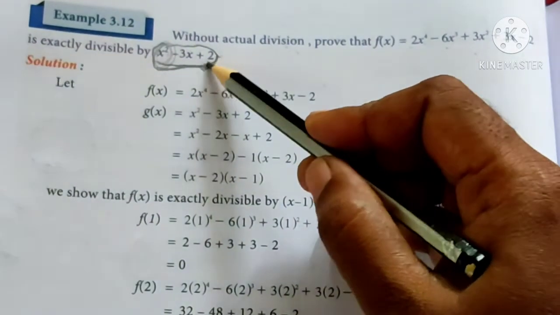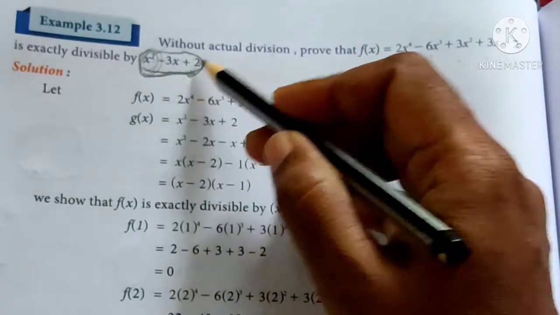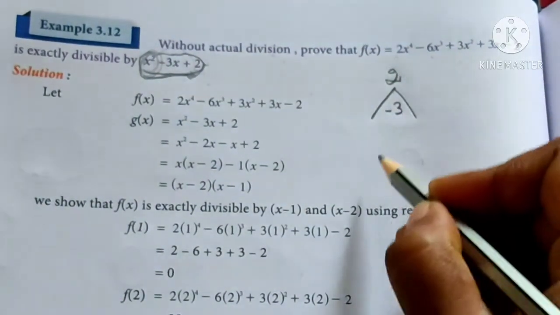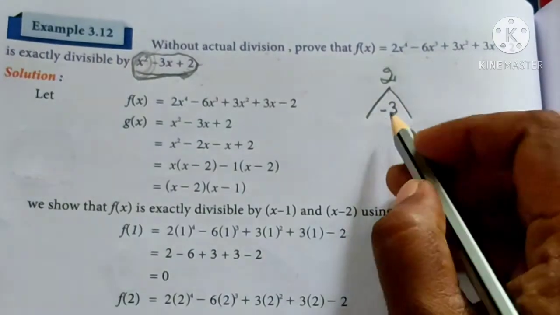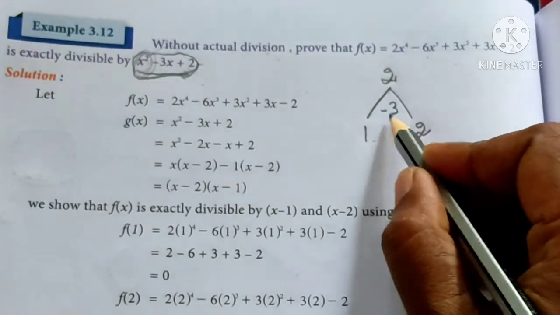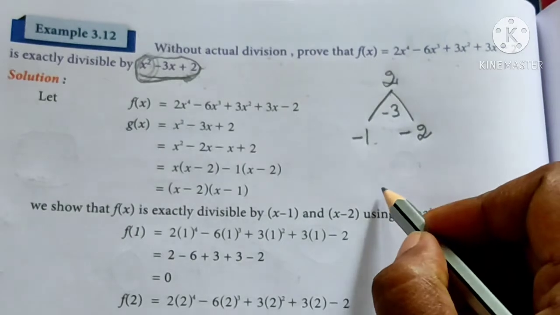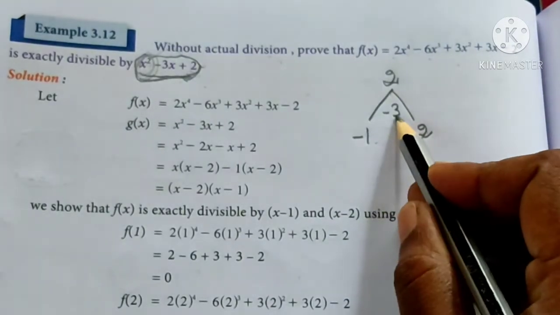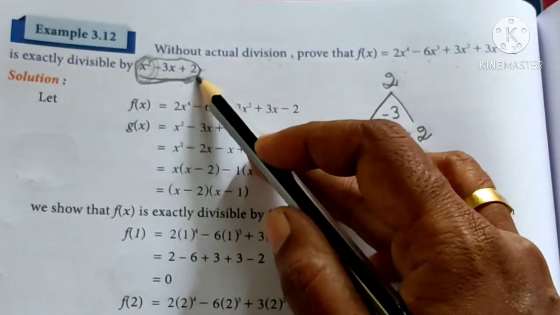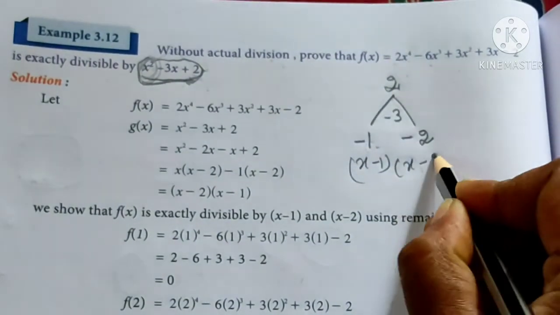Find out the factors of this polynomial, x square minus 3x plus 2. See, the product is 2 and the addition value is minus 3. Then what numbers do you select? 1 into 2 is 2, multiplication is 2, but the addition we want is minus 3. So, minus 1, minus 2. Now we get the addition value is minus 3 and the product is 2. So, the factors of x square minus 3x plus 2 are x minus 1 into x minus 2.